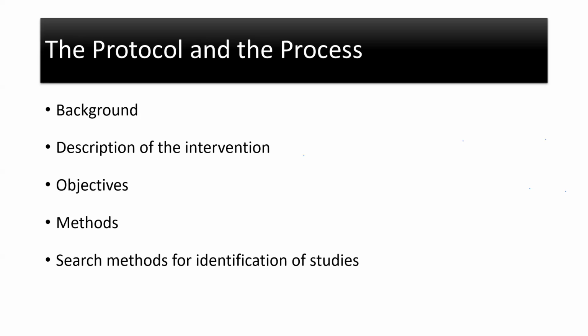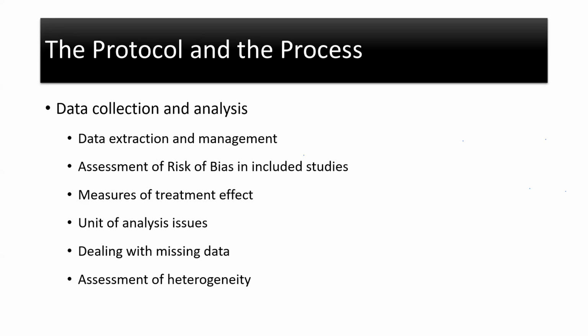What has already been done and which intervention you have to look into. Then your objectives: what you want to do, how you would do that, and how you would search for the identification of the studies. For data collection and analysis, you have to write about how you would extract data and how you would manage it, and how you would assess the risk of bias in included studies, and how you would measure the treatment effect, what would be the unit of analysis, and if there are issues, how you would